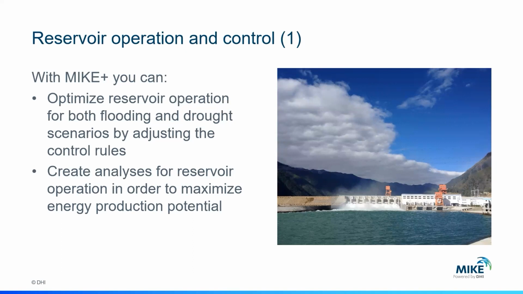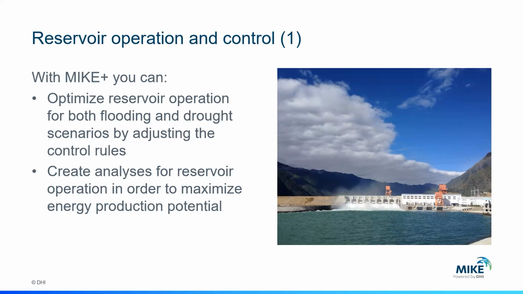carried out. And by different studies to be carried out, we could think of reservoir optimization, for example, for both flood protection purposes or for drought management scenarios. So depending on the project specifications, users can also look into these optimization procedures as well as other optimization procedures such as maintaining the water level and managing the release downstream in order to optimize for hydropower